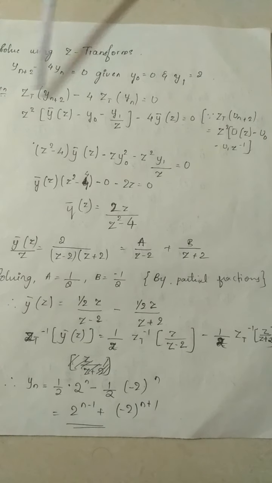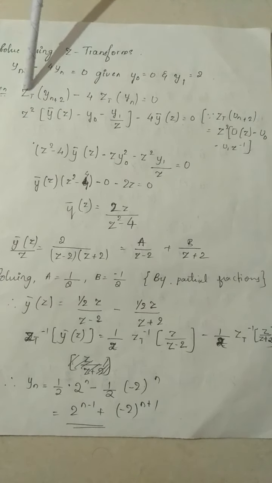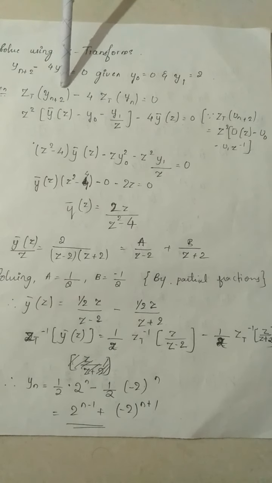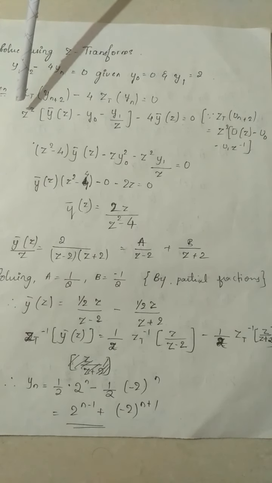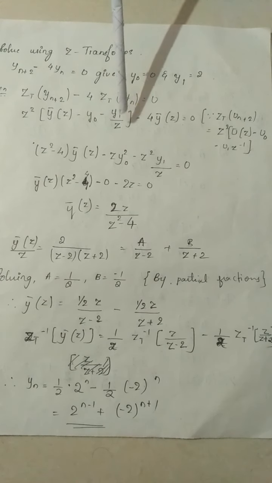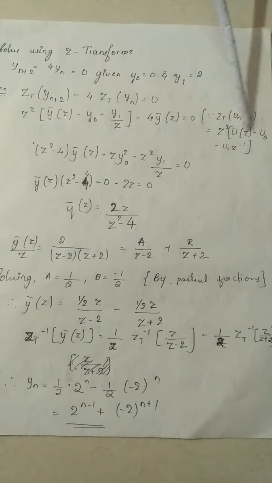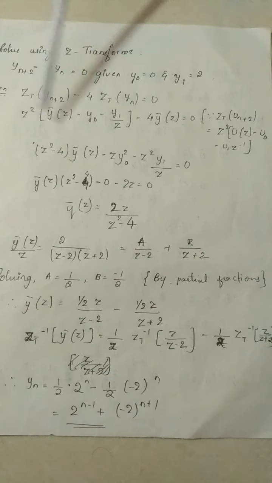As it is. Now here we can use the shifting property. In the shifting property we are considering Z transform of u n plus 1, u n plus 2 and so on. But instead of u n plus 1 here we have y n plus 1, y n plus 2 and so on. So Z transform of y n plus 2 using the shifting rule is written as z square into y bar z minus y 0 minus y 1 upon z. Why? Because Z transform of u n plus 2 is z square into u bar z minus u 0 minus u 1 z raised to minus 1. Same thing I have written here in terms of y.